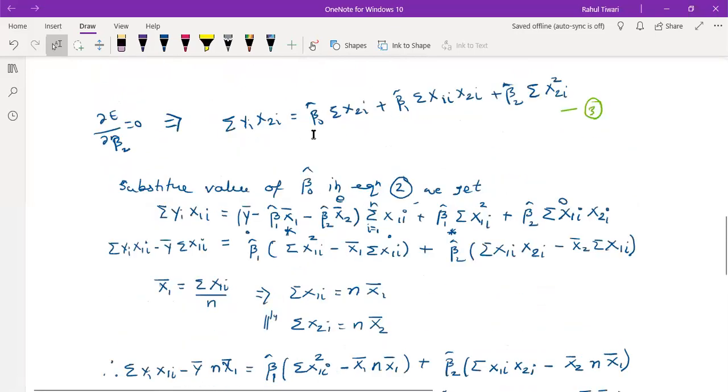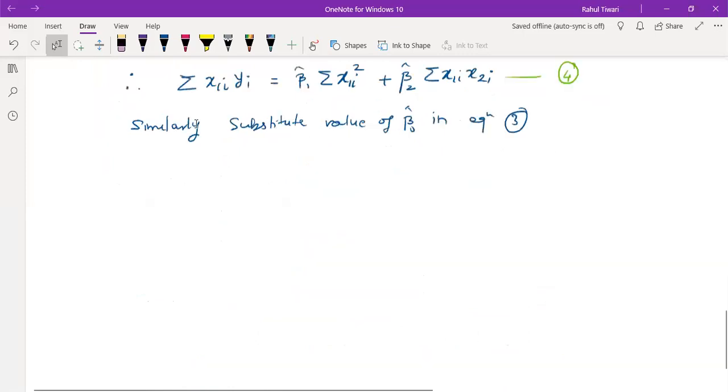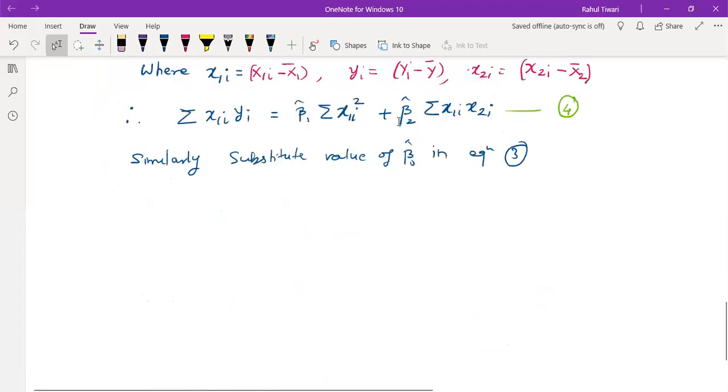If you substitute this expression, it is now in terms of x2, right? It is in terms of x2. So all notations and all the steps are absolutely as they are. If you just go through that, what is going to be changed in these expressions, we can see directly. So similarly, if you substitute the beta naught in equation number 3, it turns out to be summation. Now based on this, we can write, right? So this is going to be x2i yi is equal to,